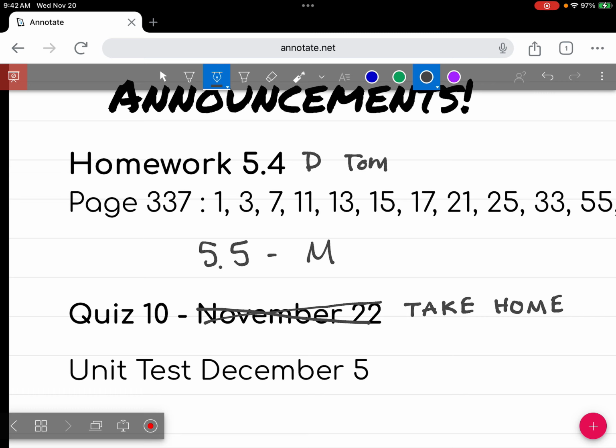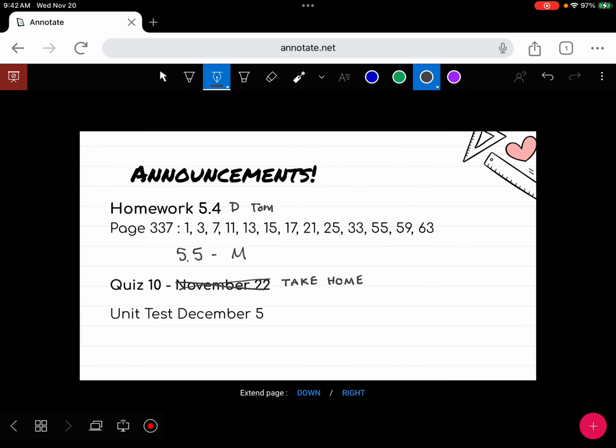If you are interested in a review for the quiz, even though it's take-home, I do have one right here. It will be a take-home quiz. I'm going to give you the quiz on Friday, and you'll give it back to me on the Monday when we come back. Is there a review for points? I mean, I put points in. I don't put zeros in against you guys with the reviews. But I give you points for them because you're doing a lot of work. Logarithms actually